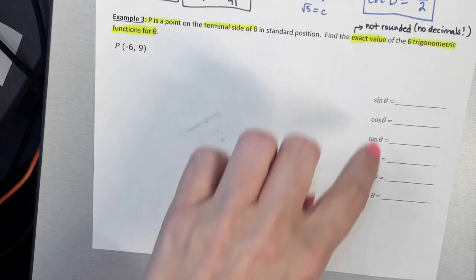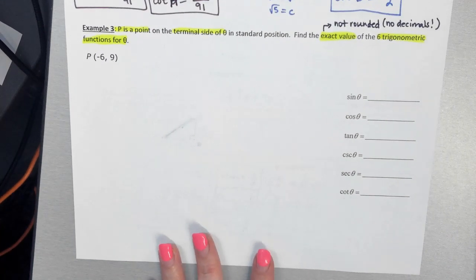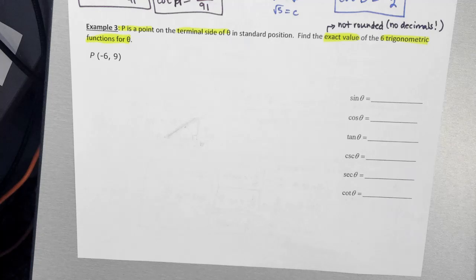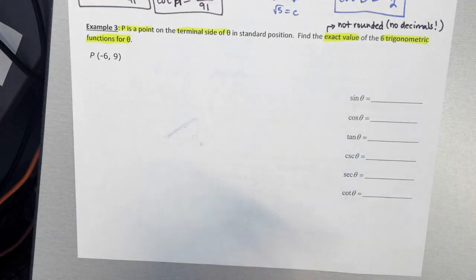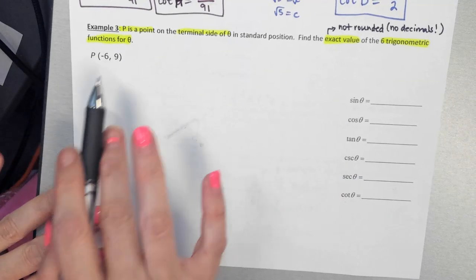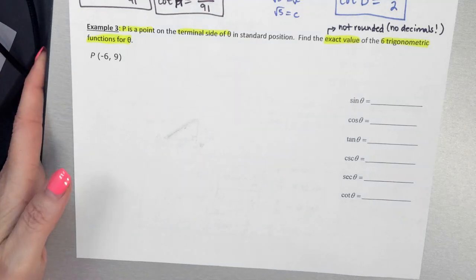So here I wrote out your theta. That's what yours should look like when you are writing those out on your homework. And again, just like we're showing work on our notes, that's what we're going to do on our homework as well. Now, when you are starting this example, what we want to do is we want to plot this